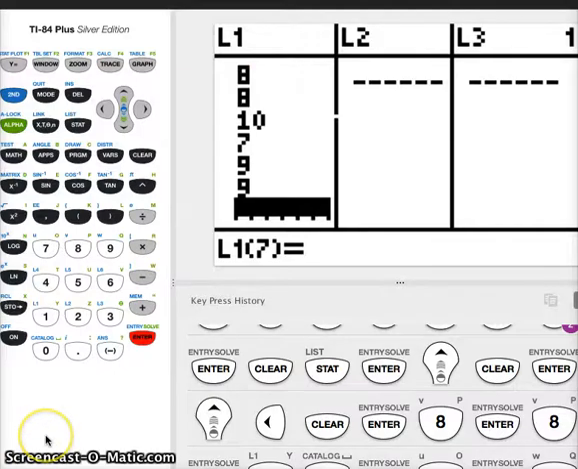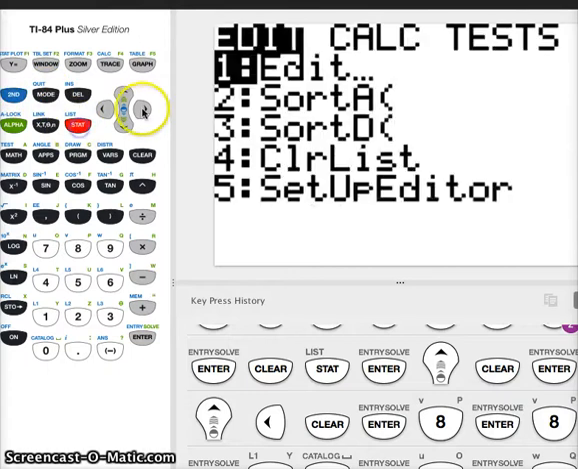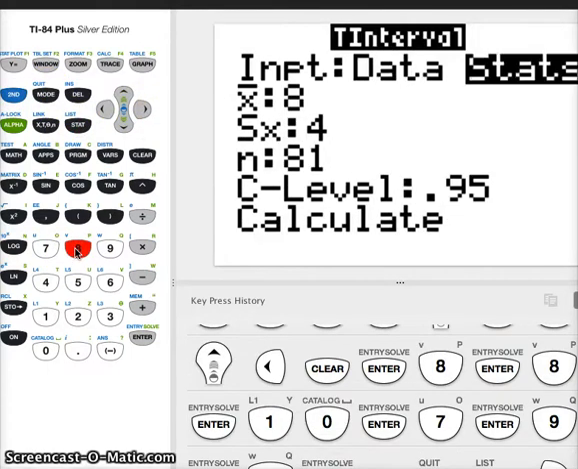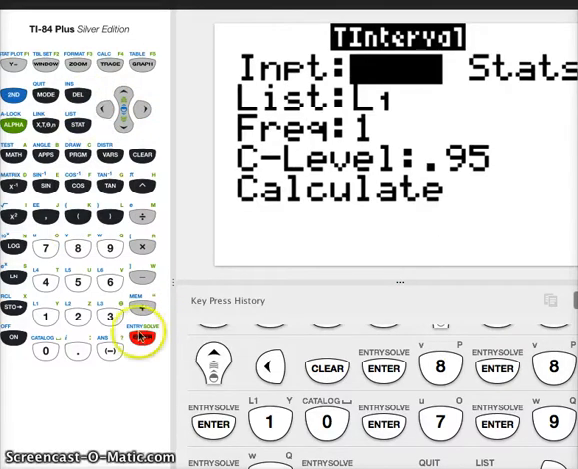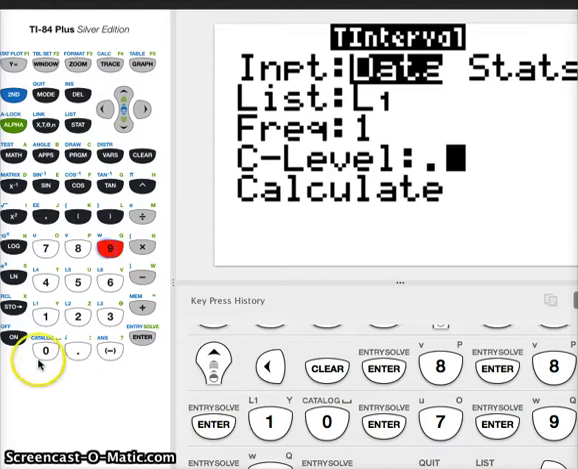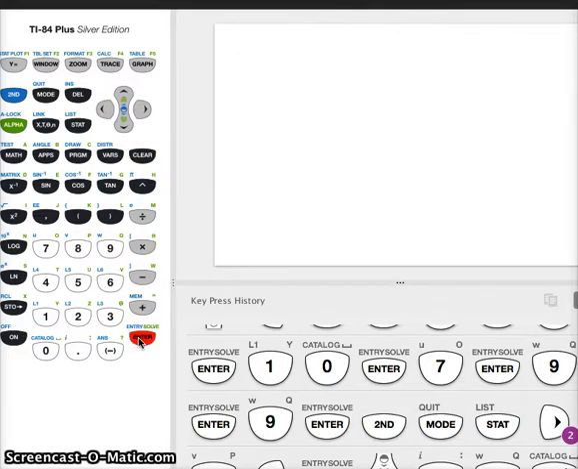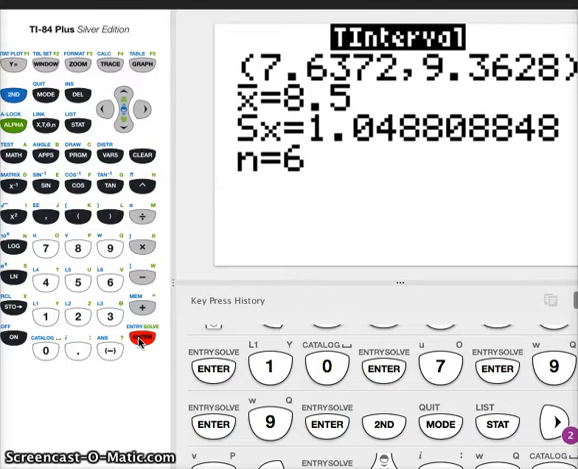Okay, folks, I've got the data in L1. Now I'm going to go into Stat, Calc. Remember, we're looking for 8, a t interval. Now we're going to select Data. My information is in L1. I'm not going to worry about the frequency here. And remember, we wanted 0.90 confidence. So here is the correct answer, rounded to 2 decimal places,